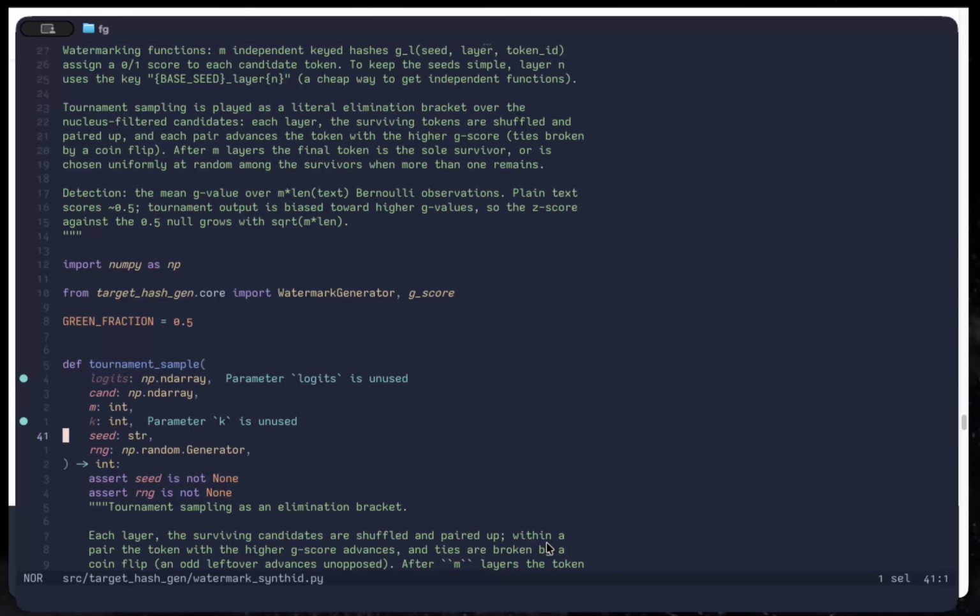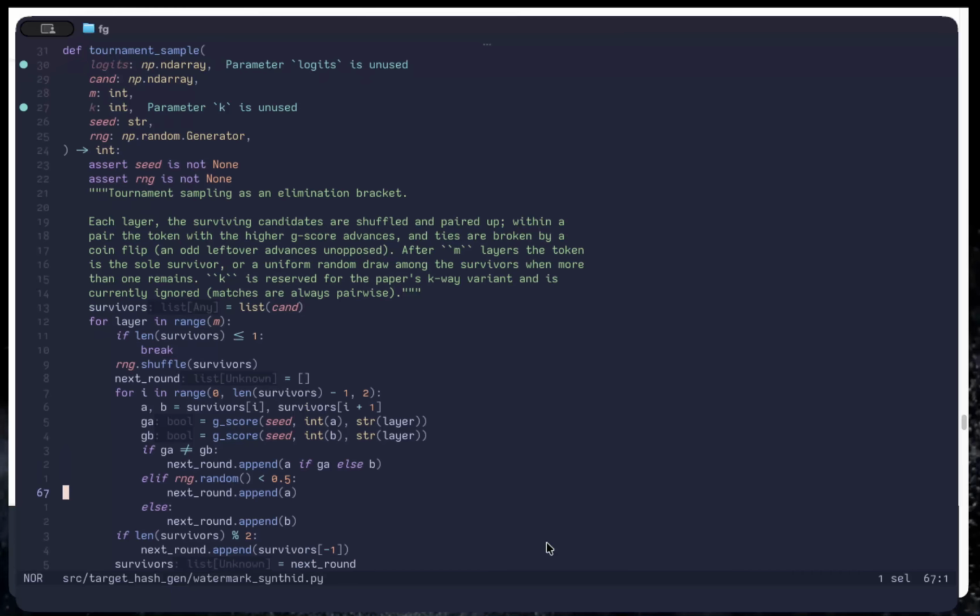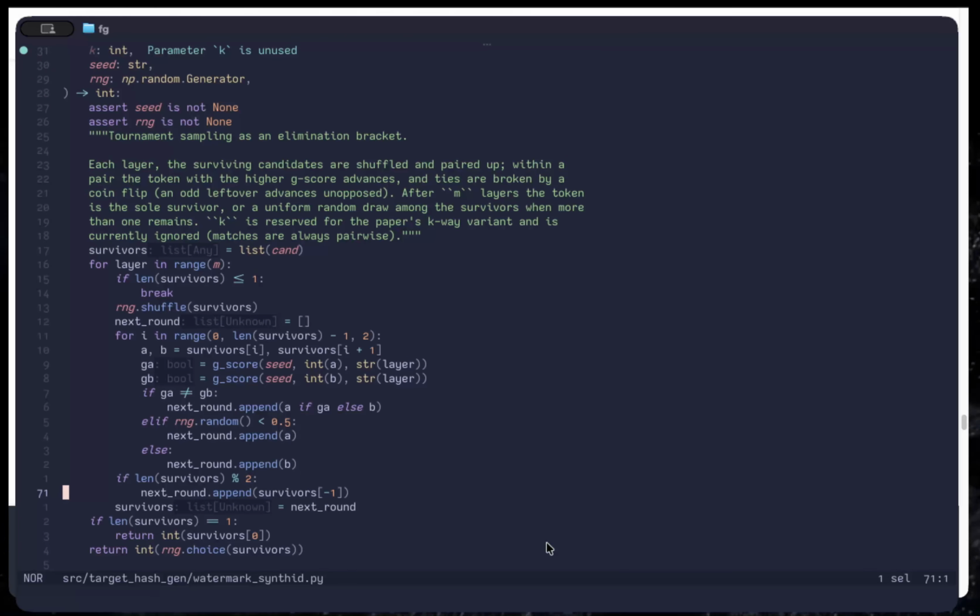So firstly, we have our tournament sampling bit. And the key thing is that we want to sample layer by layer. And as I said, G-score is our hashing function. And for each one, we just need a different seed when we compute the hash, right? And the other thing is we just want to combine them together and sample them, which is like pair them up and then combine them to determine the winner,